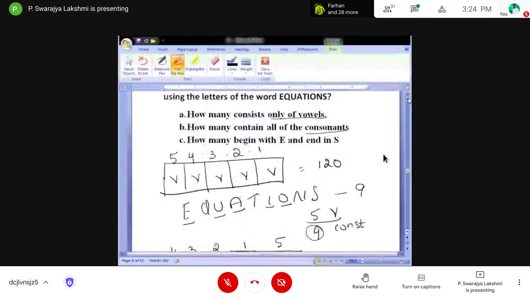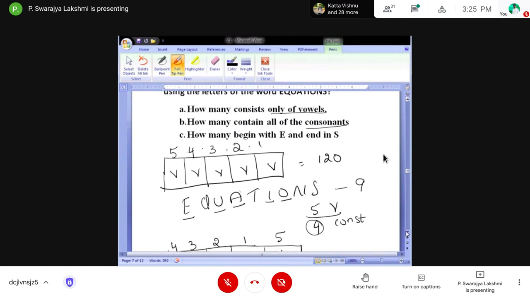Okay, see what is the third one, Nana? See the third one. How many begin with E and end in S? Okay. Let us solve the third one.